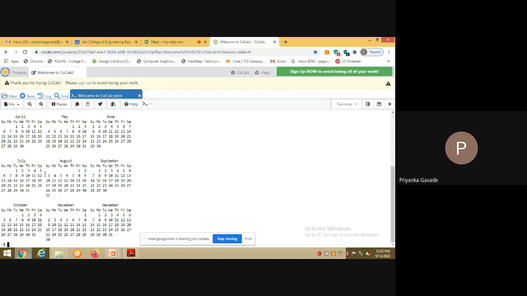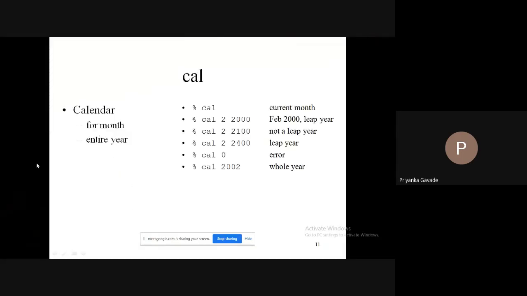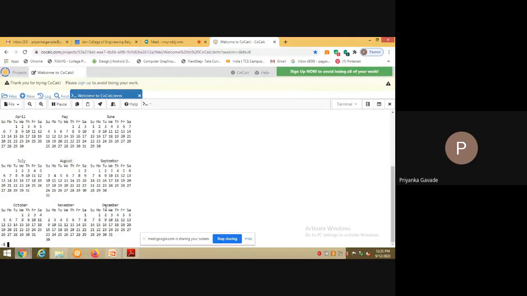So you can see here, this is the calendar for 2003, right? Then if I want to find out the calendar for a particular month in a particular year, this can also be done with the help of the cal command.